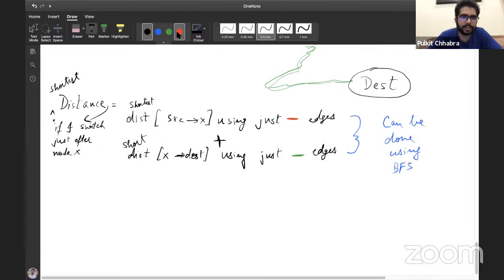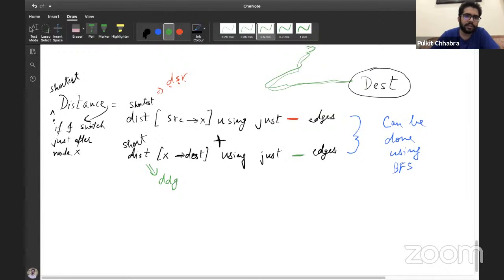Let's say I call it DSR. DSR basically means distance from source using red. I'm just writing it in short, a little lazy. And let's say we call the other one DDG, distance from destination using green.